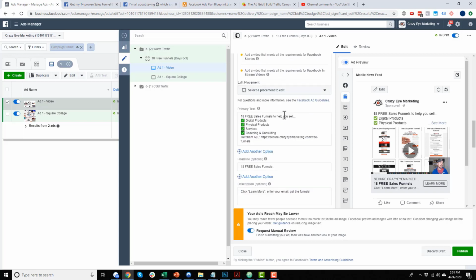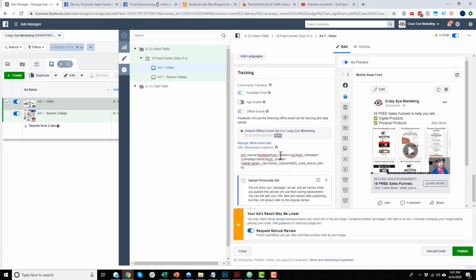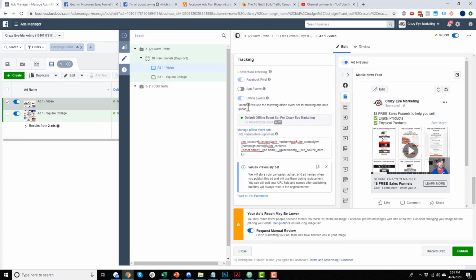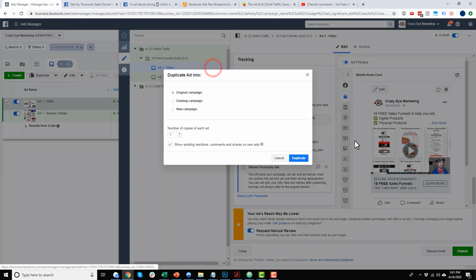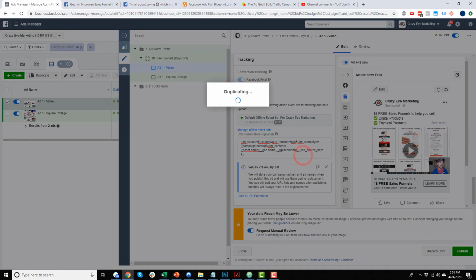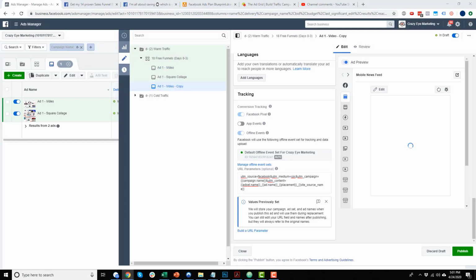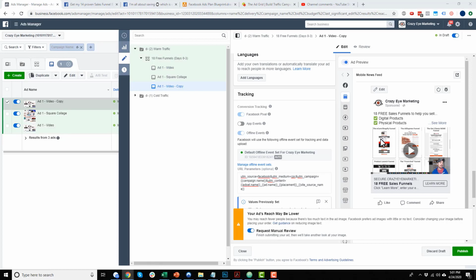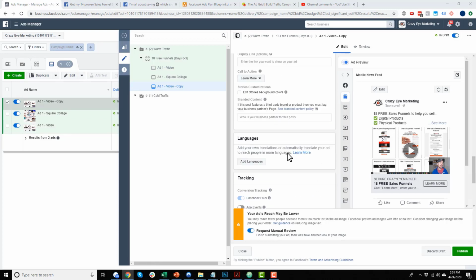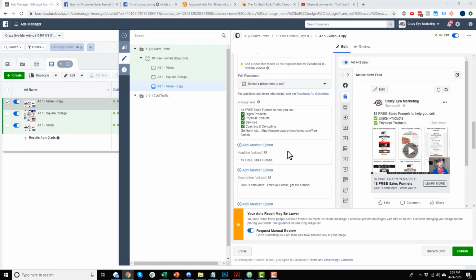Okay, so there we go. Come on down here, make sure my parameters, make sure my pixels are good, all good. Okay, let's duplicate it again. Duplicate, and let's see what else I got. I got another image ad that I want to go ahead and post. And it's my default image. So let's see if I